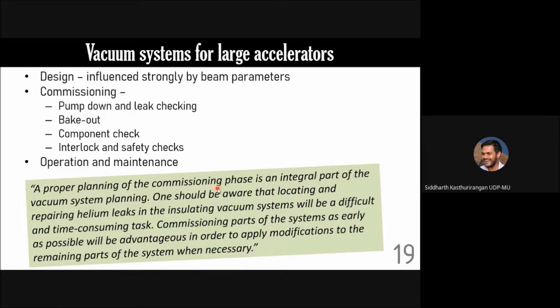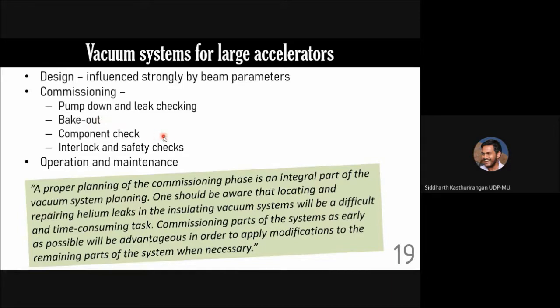And when you are commissioning the vacuum system, that is when you are starting the operation of the vacuum system, normally the standard procedure or protocol is you pump down that particular section of the vacuum system, leak check it so that you are sure that there is no leak. Then you keep it for bake out, that is wrap it around with a heating tape and leave it on for a few days, and all the gas on the inside of the vacuum tube and the vacuum system will get degassed or desorbed and get pumped out from the system.